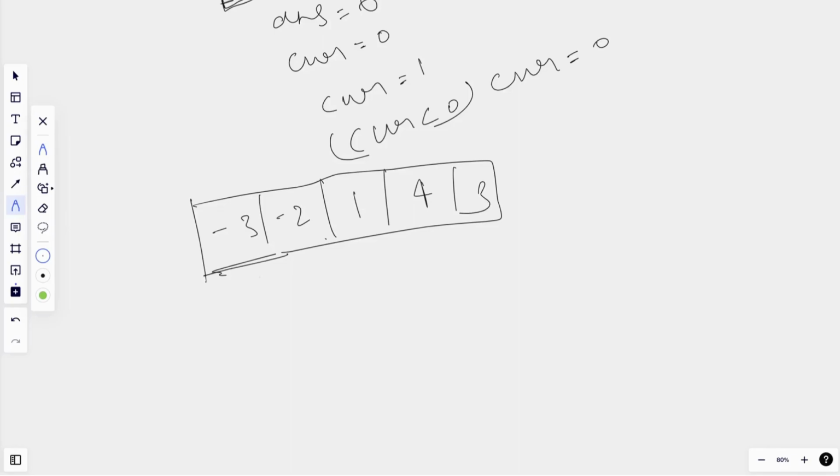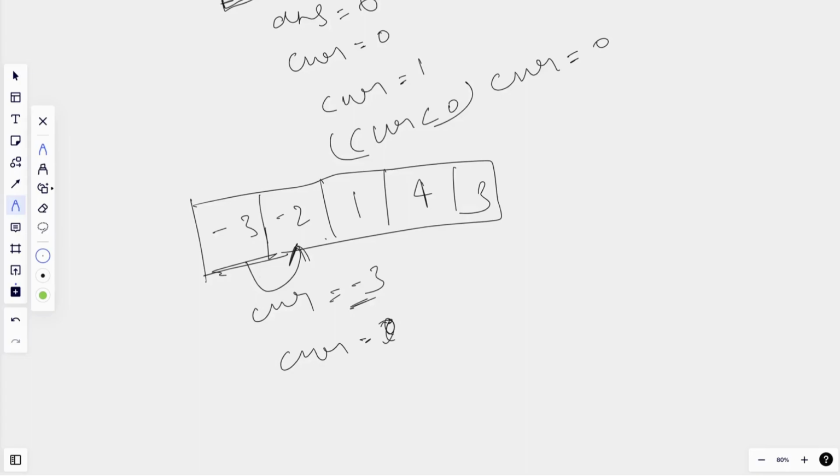So here current will become -3. But current is less than 0. So taking a negative value forward will not maximize our maximum subarray. So we have to leave this. So we will do current equal to 0, because taking a negative value forward will not be beneficial for us.